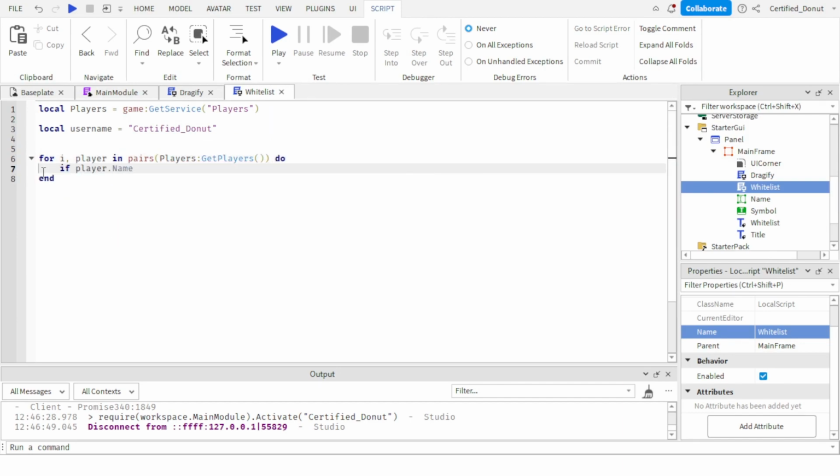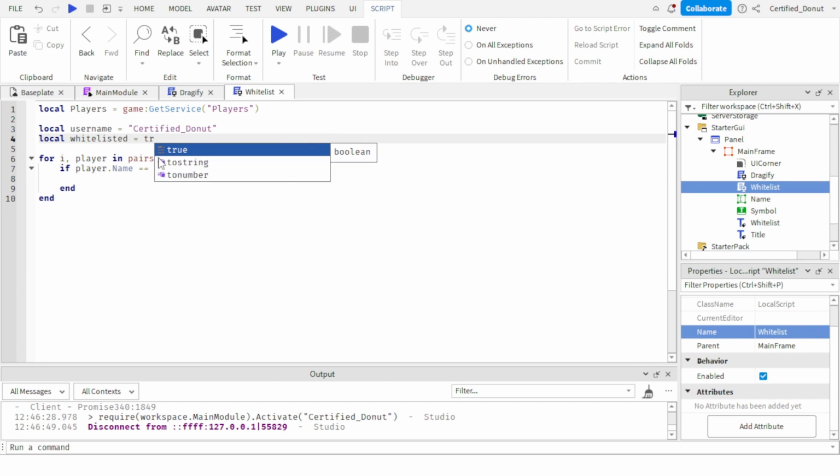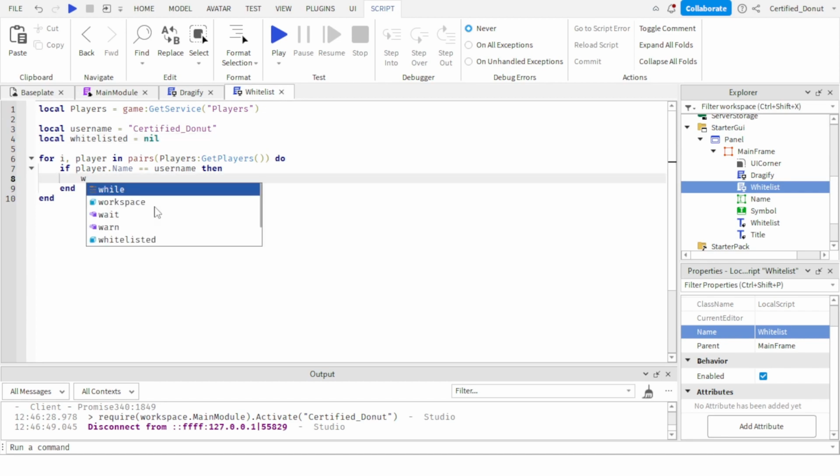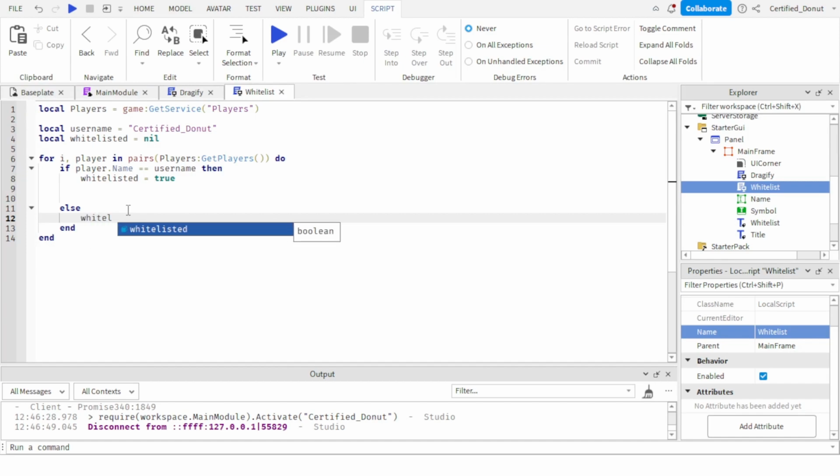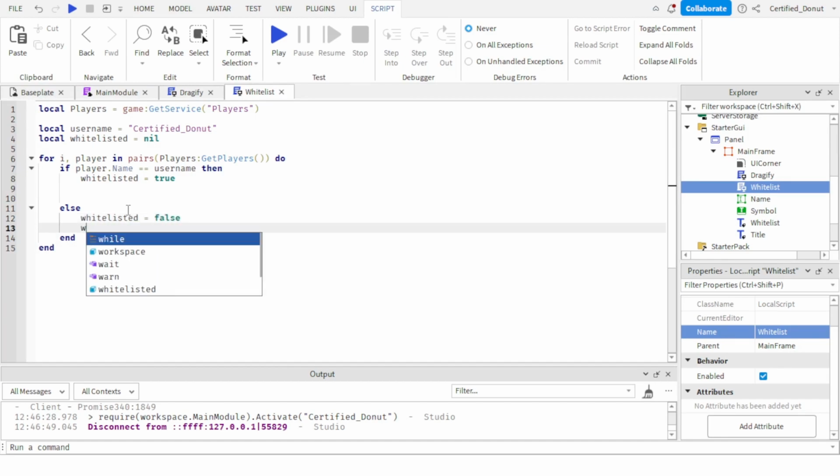If player.Name equals username, then local whitelisted equals no for now, and then whitelisted equals true, and then we'll just leave this like that for now, and then else, if it doesn't, whitelisted equals false, and,